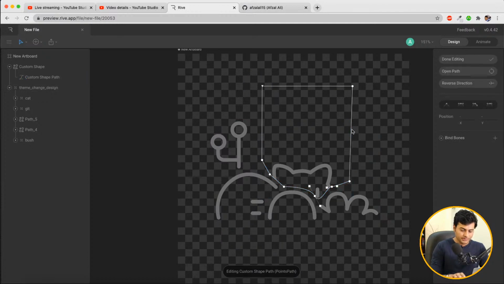Okay, so now what I'm gonna do, just to hide the eyes so that initially the eye should not be visible, I'm going to make this shape something like this. So the masking,